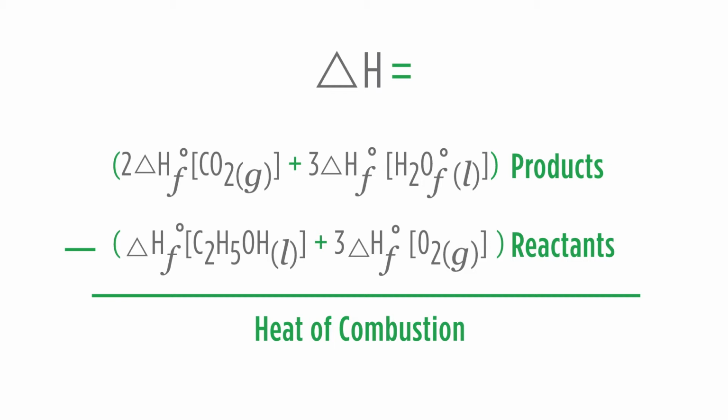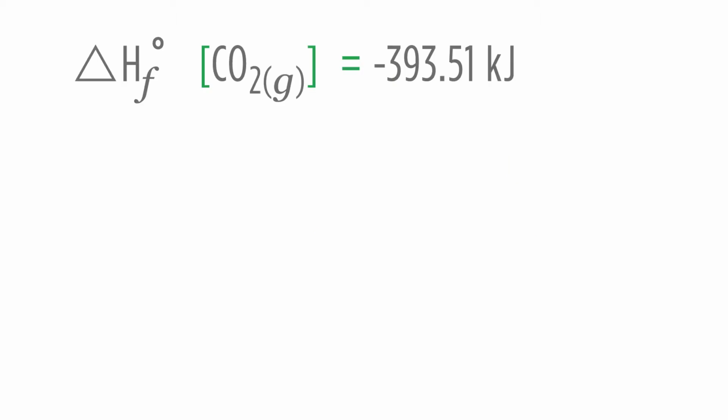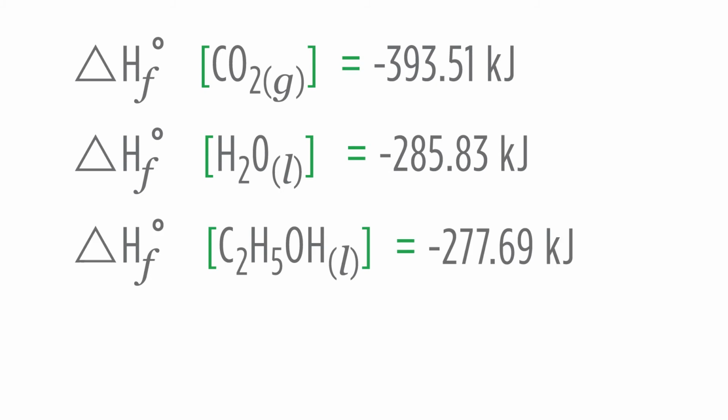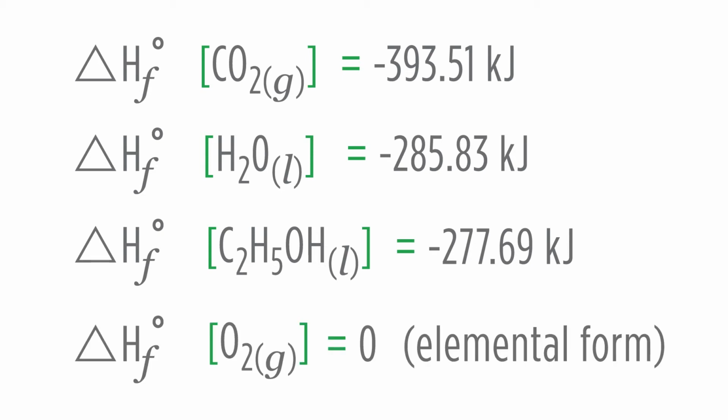We can look up the standard heats of formation in tables. If we look at the standard heat of formation of carbon dioxide gas, we see that it has an enthalpy of negative 393.51 kilojoules. The heat of formation for liquid water is negative 285.83 kilojoules. Heat of formation for ethanol is negative 277.69 kilojoules. If we look at the standard heat of formation of oxygen, that's 0, because oxygen gas is in its elemental